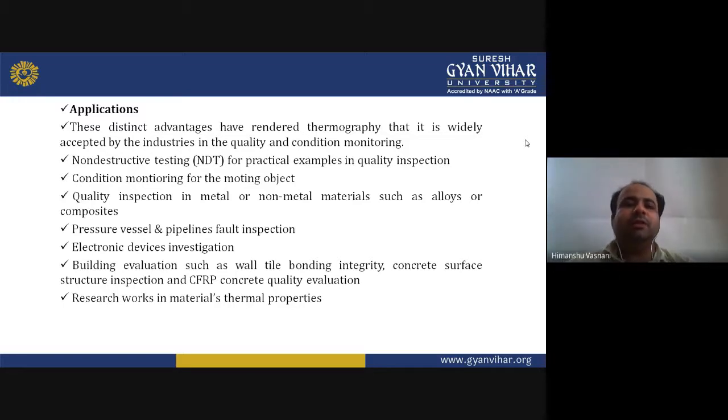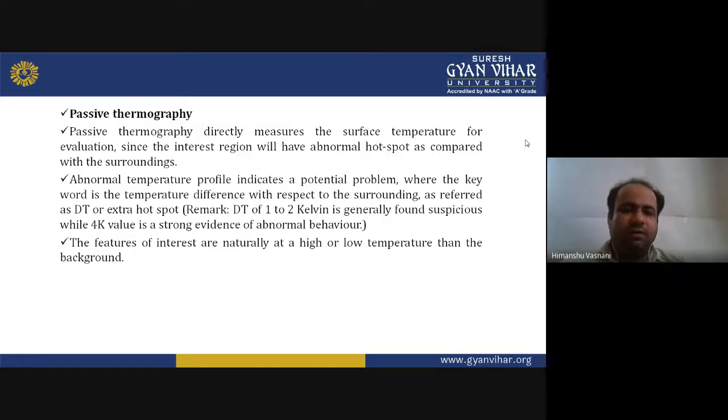Non-destructive testing has practical examples in quality inspection: condition monitoring for rotating objects, quality inspection in metal or non-metal materials, alloys or composites, pressure vessels and pipelines fault inspection, electronic devices investigation, building evaluations such as wall tile bonding integrity, concrete surface structure inspection, CFRP concrete quality evaluation, and research work in material thermal properties. Now passive thermography, if you talk about it, then